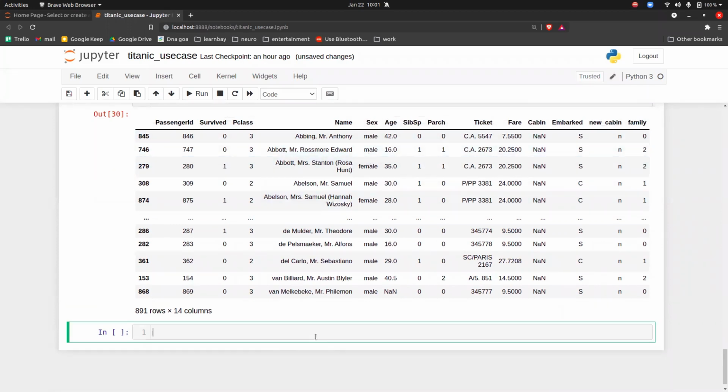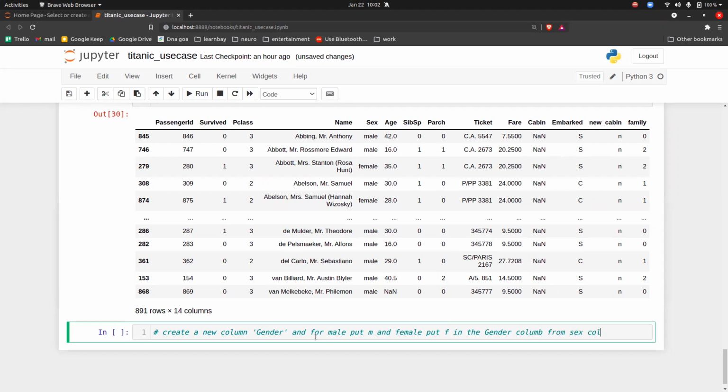Now what you have to do is generate, or basically create a new column, called let's say gender, and for male put M, and for female put F in the gender column from the sex column.